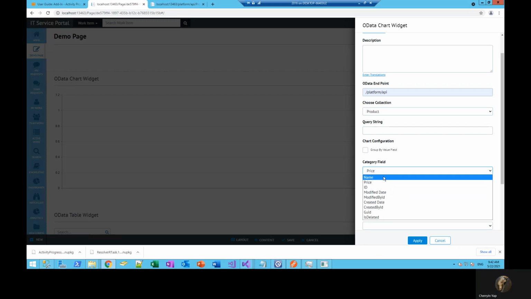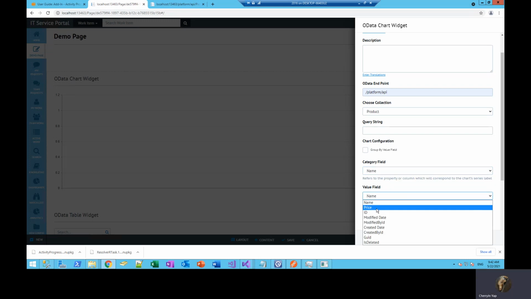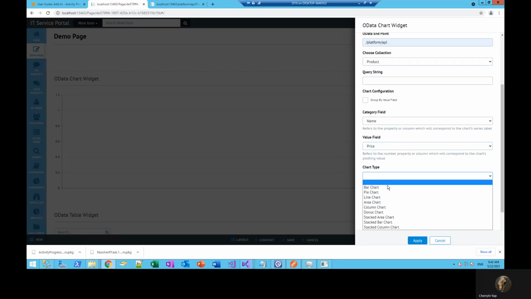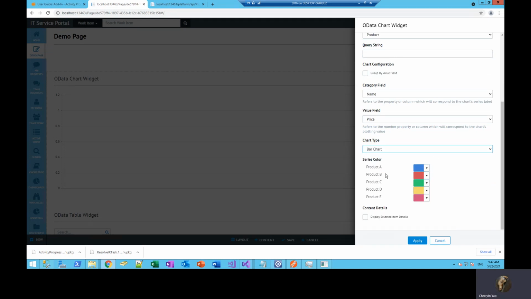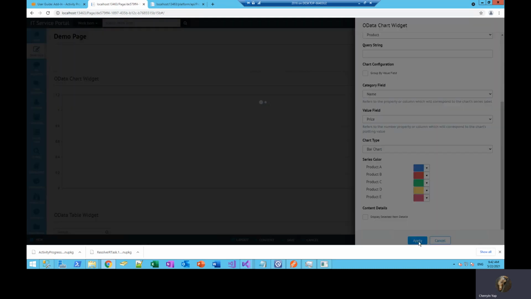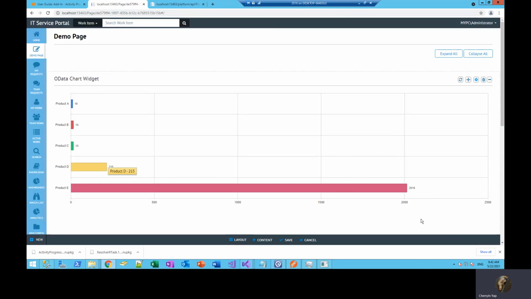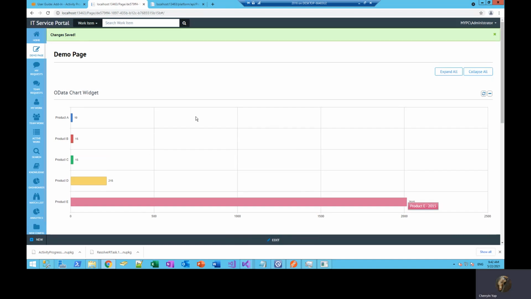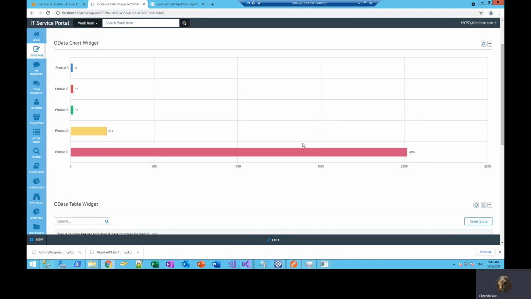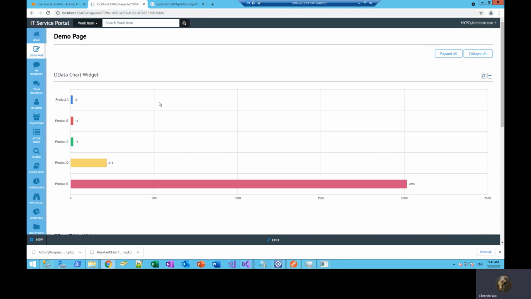Let's see name and price. This will also allow you to specify a certain color for each series. So there. So you could build out your reports by using the chart widget.